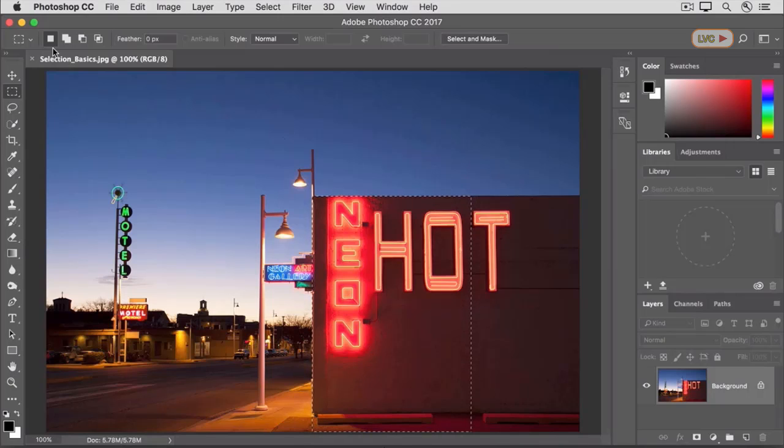There you'll find an icon for adding to a selection and one for subtracting from a selection. You'll use these often, and you'll find them in the options bar for many of the selection tools. Let's say we want to add to our selection to include the entire building. Click the Add to Selection option in the options bar, and then come into the image